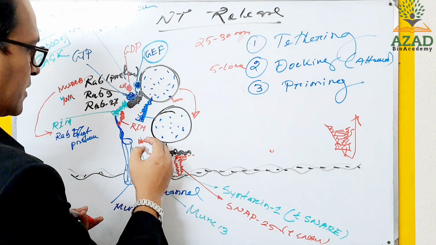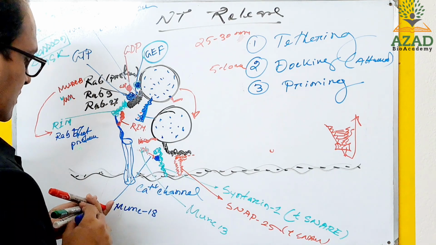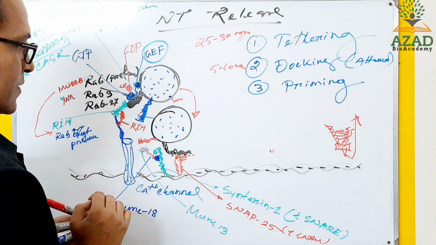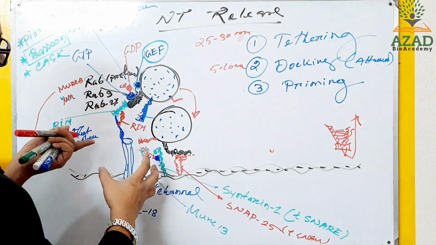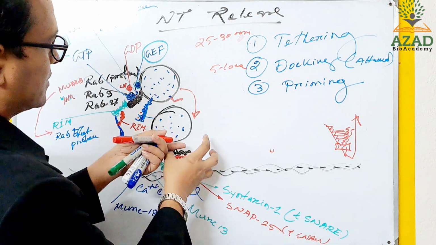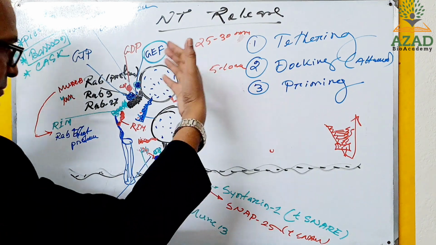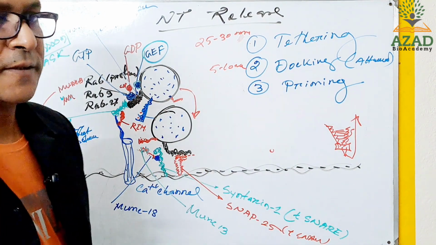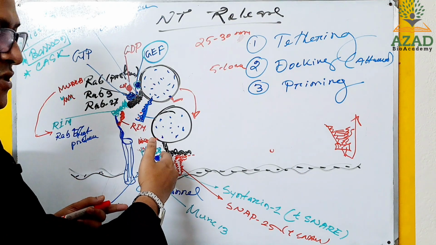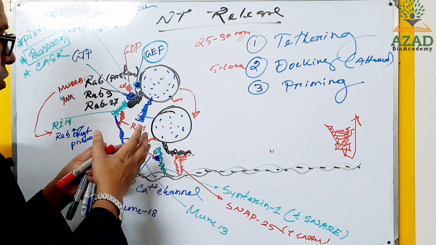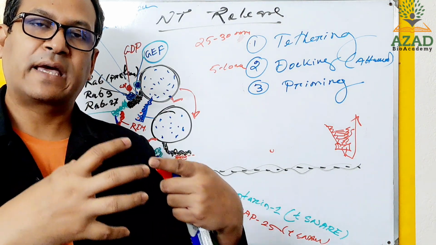It will open the motif of the syntaxin. Okay, that syntaxin is now open. Then what will happen? It will make a cross-link with other SNARE proteins. So in the beginning of this priming stage, MONK13 will displace MONK18, and it will open the syntaxin, and syntaxin is ready to make a complex